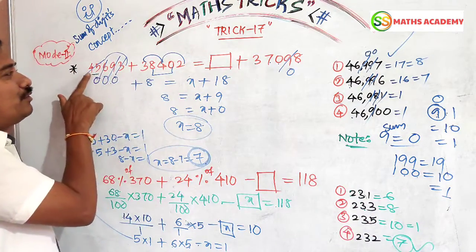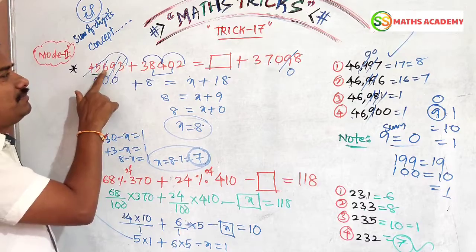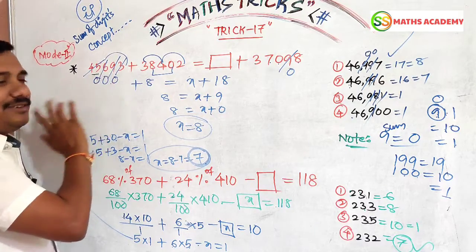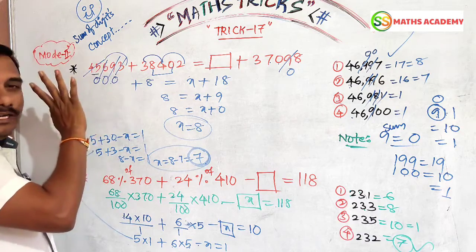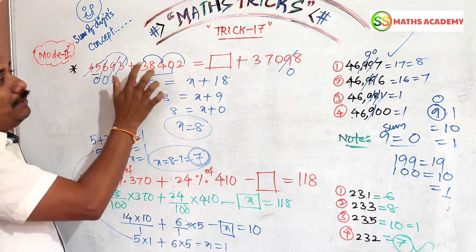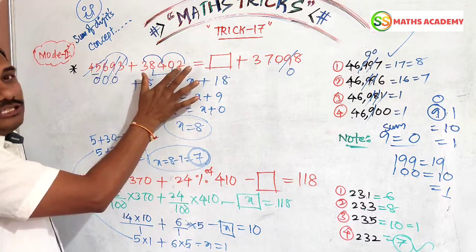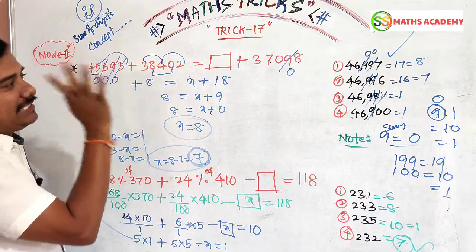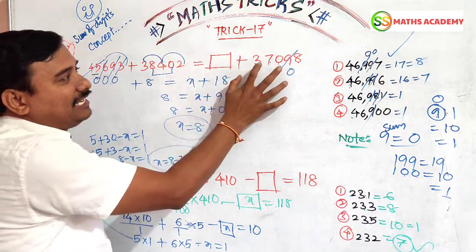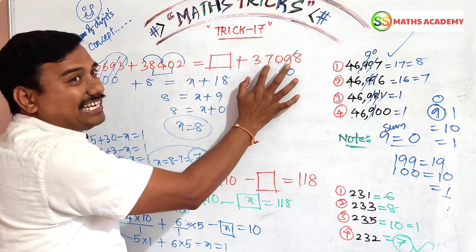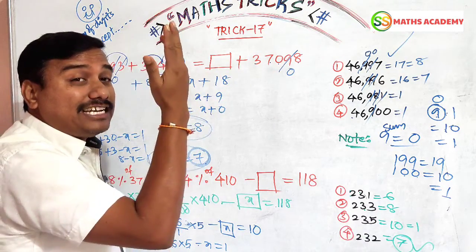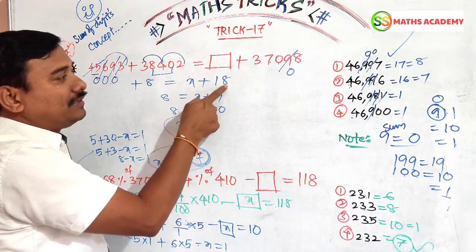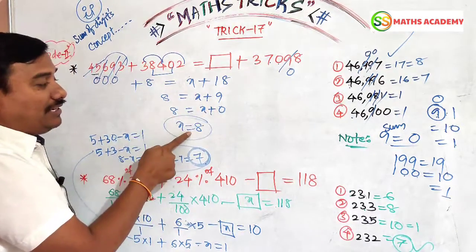Now you see, 4 plus 5 is 9, so 0. 6 plus 3 is 9, so 0. Clear. You should add all the things, and when 9 comes, you have to make it 0 only. 3 plus 4 is 7, plus 2 is 9, so 0. 8 plus 0 is 8. Now for x, anything is not there. 3, here 9 is 0. 3 plus 7 is 10, 10 plus 0 is 10, 10 plus 8 is 18. 18 means 1 plus 8, which means 9, and 9 is also 0. Now x equals what? 8.